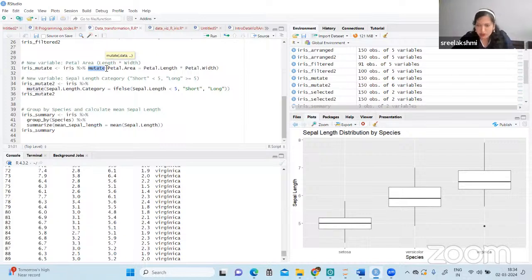When I say mutate, what this is going to do is add 2 more columns, petal length and petal width. Now we are going to add a new variable to this iris mutate. In similar lines, here also we are going with iris mutate 2, where we are going to add